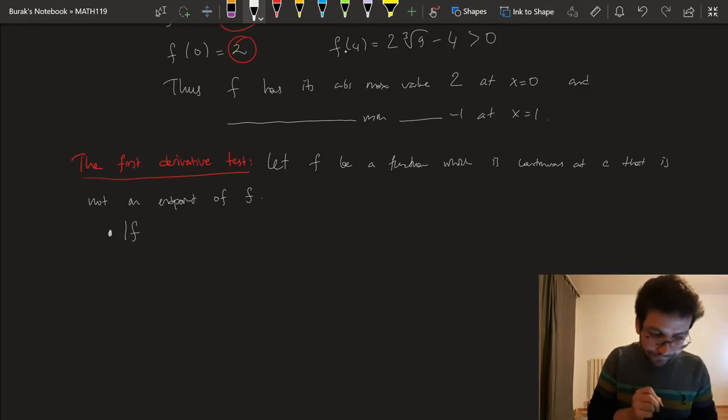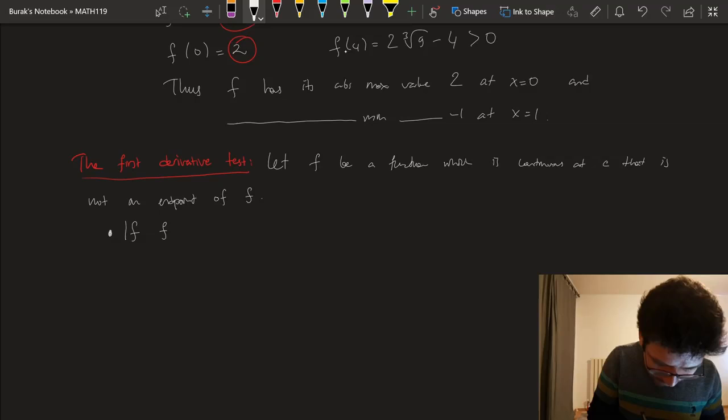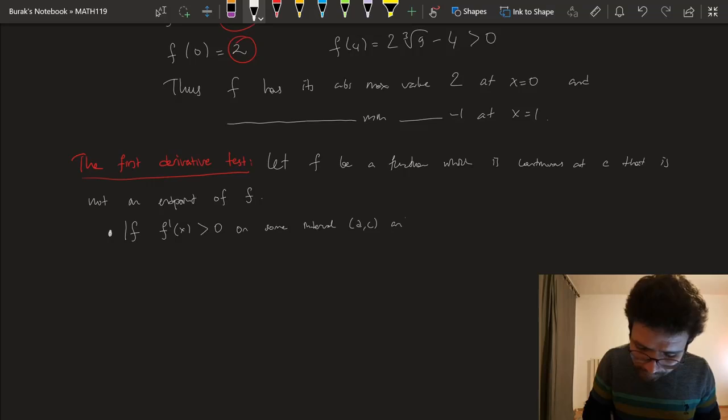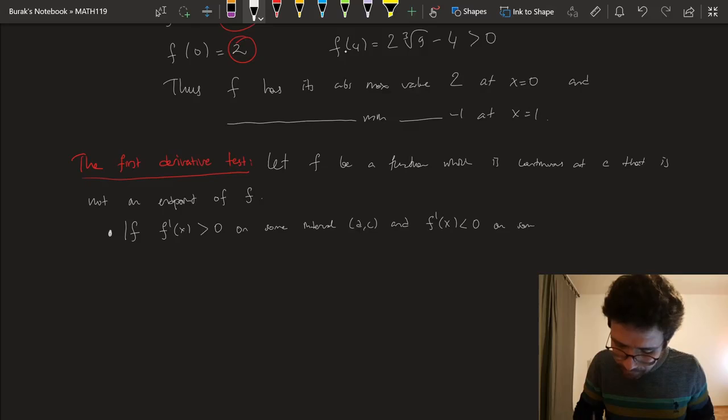If f prime of x is positive on some interval (a, c) and f prime of x is negative on some interval (c, b),